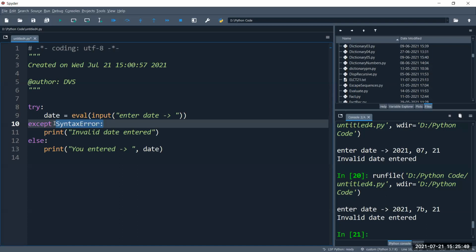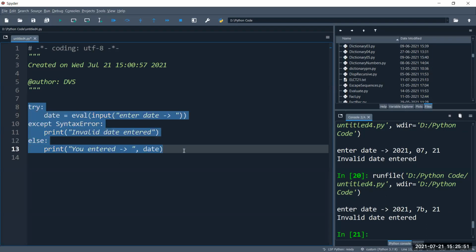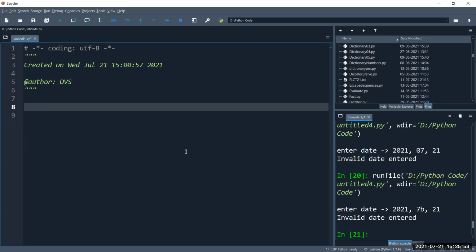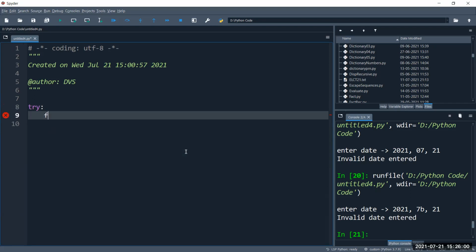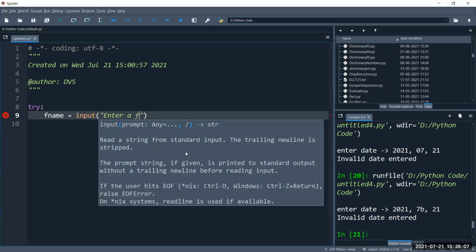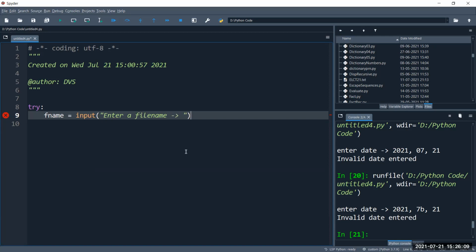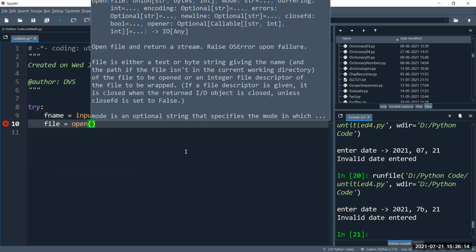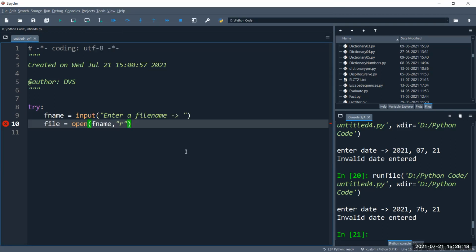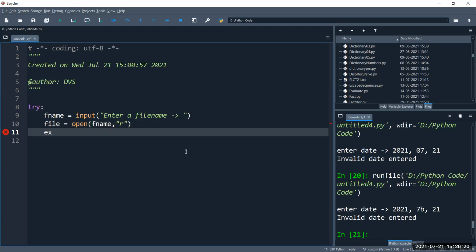Whatever exceptions we have discussed till now, all these are inbuilt exceptions or built-in exception handlers, right? Let us take up one more example of IO error. When the file doesn't exist, fname is equal to input, enter a file name, and then we'll open it. File is equal to open, fname for reading. Okay. And then accept